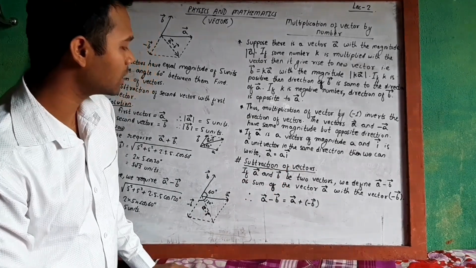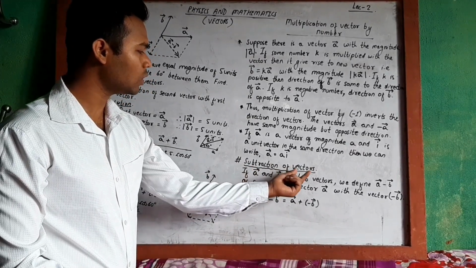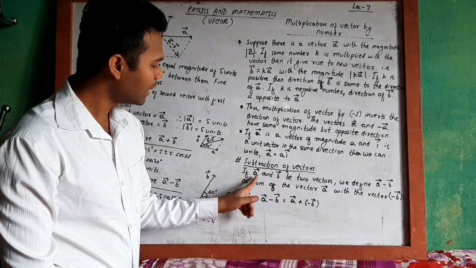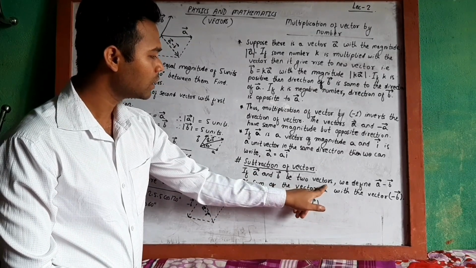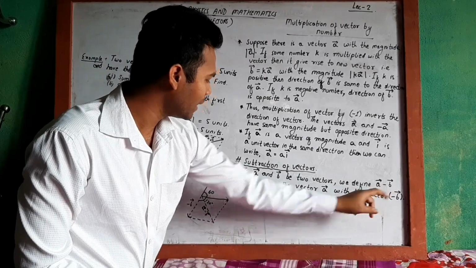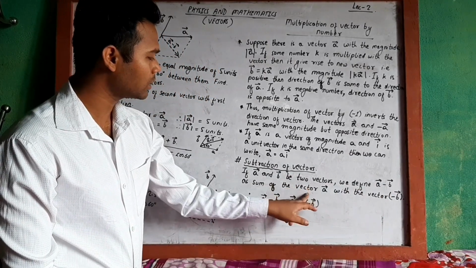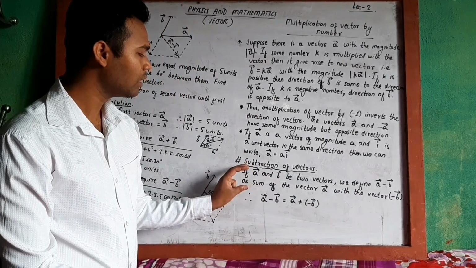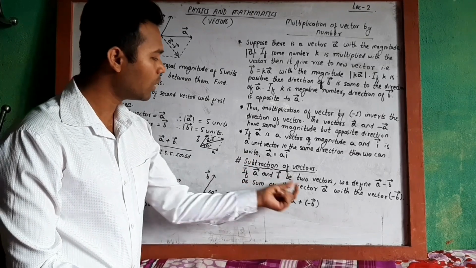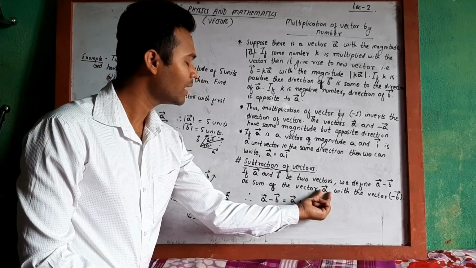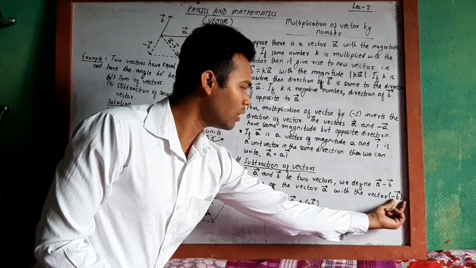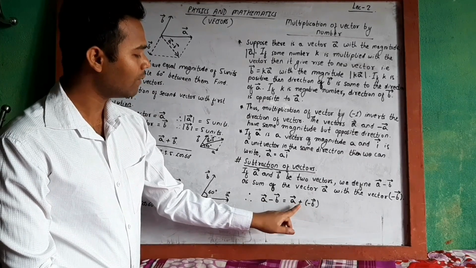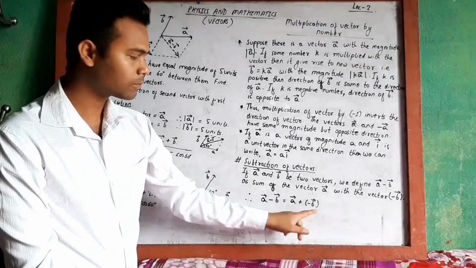Okay, now let's come to the next topic, subtraction of vectors. What do we mean by the subtraction of vectors? If a vector and b vector are two vectors, we define the subtraction a vector minus b vector as the sum of a vector with the vector minus b vector. The subtraction of a vector is nothing but an addition of a vector and the negative of b vector. Therefore, a vector minus b vector is equal to a vector plus negative of b vector.